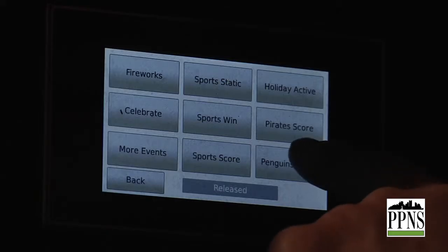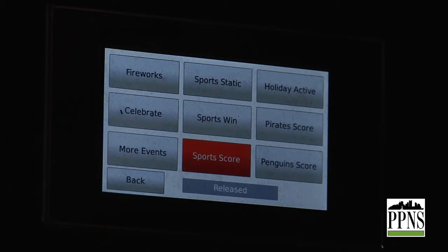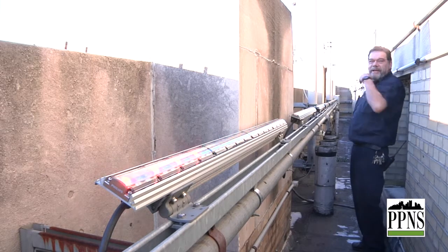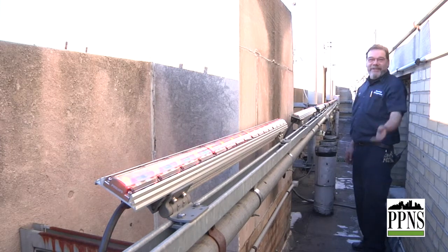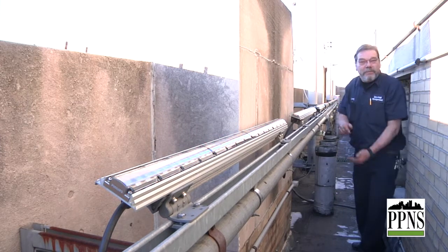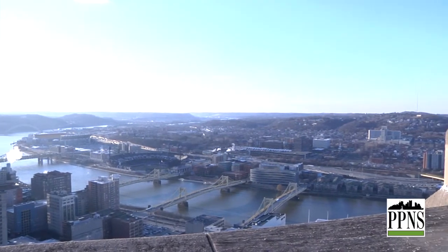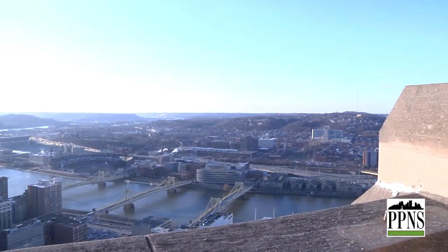Then, as he activated a fan favorite, the Penguin Score Beam, Denny explained that these new energy-efficient lights only use 60 watts of electricity compared to the 400 watts of the original lights, which were removed in the 70s due to the energy crisis. The weather beacon also comes with a once-in-a-lifetime view. After a look at the rolling western Pennsylvania hills 500 feet up, it was back down to the controlled chaos